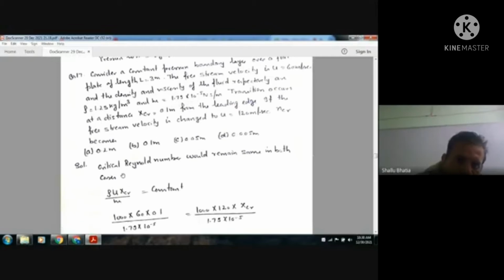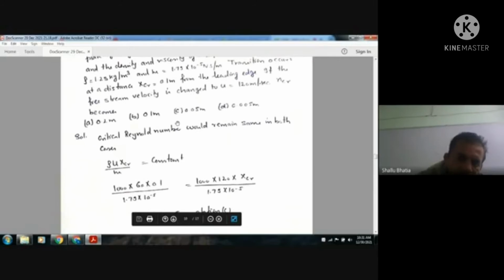Okay, sorry, here is one mistake. That rho is 1.23, but it will cancel out. It should be 1.23. So the critical Reynolds number will be constant,